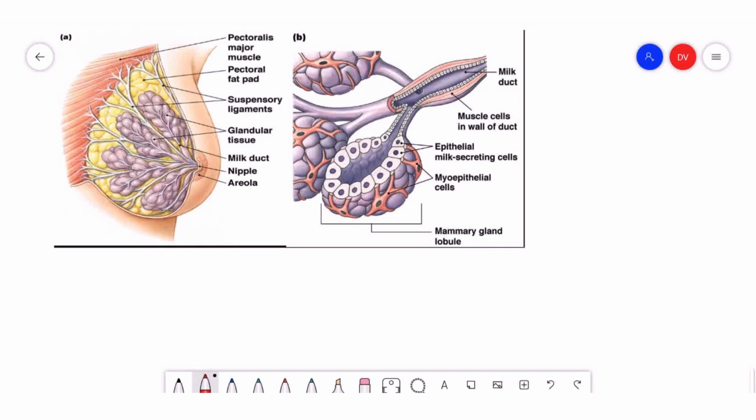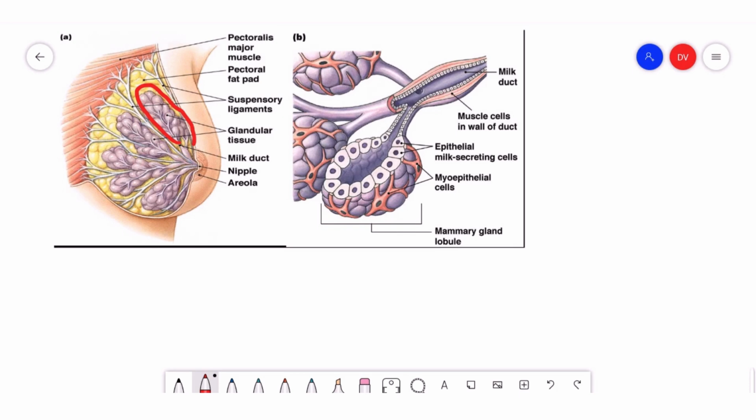Look at this beautiful picture now. You can see a very magnified view. Can you look at the beautiful alveoli there? This we call the lobules, and this one complete part is one lobe. You can see a grape-like structure. Each grape is a lobule, and the complete set of lobules is the lobe.